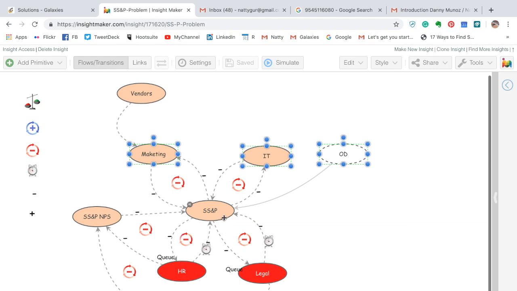There will be some balance here between the need to keep risk and not, because if marketing, IT, and other departments believe there is a risk, they will move it to SSMP. If SSMP believes that there's a risk, they will move it to legal. So there will be some balancing here, and not a negative reinforcing loop. And I'm willing to bet that once this moves from negative into balancing, and this is also moved from negative into balancing,